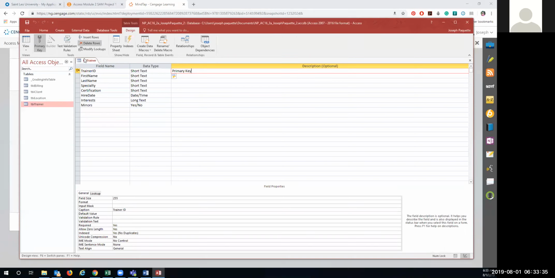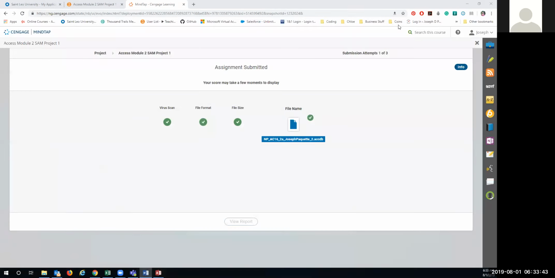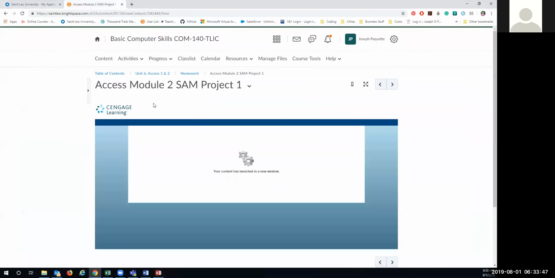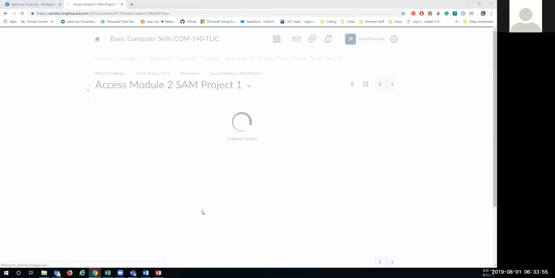Save, close, database tools, compact and repair. We can do it again, but really that was the only thing I missed. But if you want to check to make sure, project,